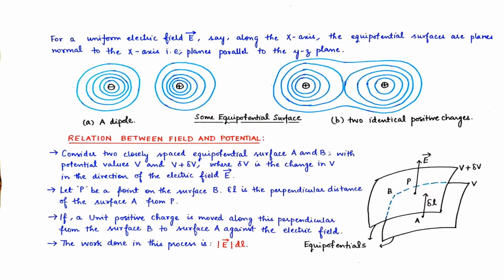Now for a uniform electric field E, say along the x-axis, the equipotential surfaces are planes normal to the x-axis, that is, planes parallel to the yz plane. So what exactly is it? We have our xyz axes. If we think of this as x, this as y, and this as z, then anything parallel to this and having nothing to do with the x-axis